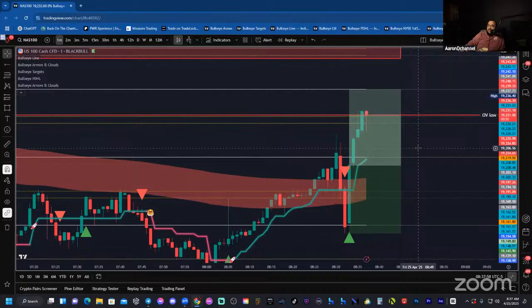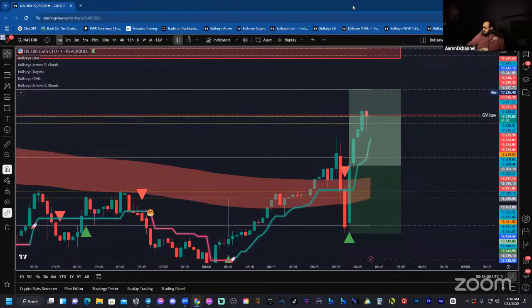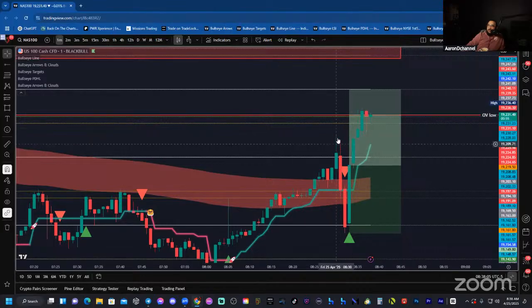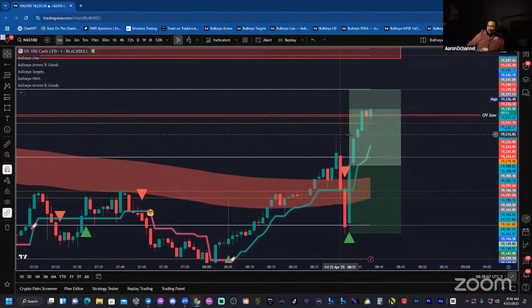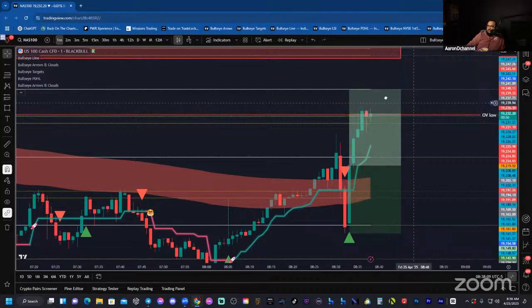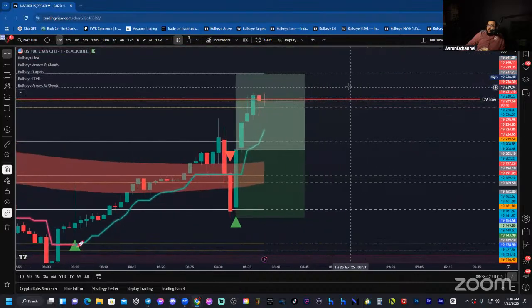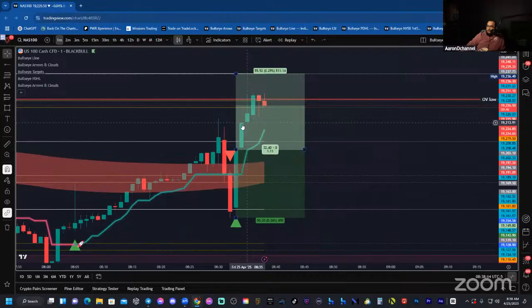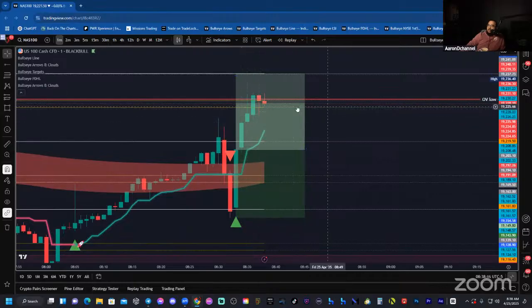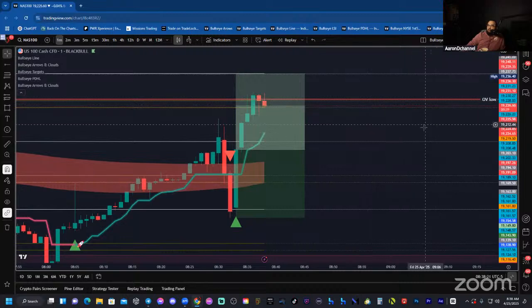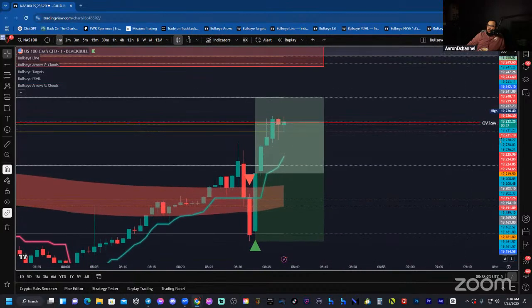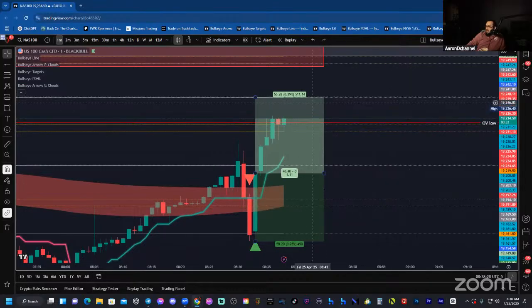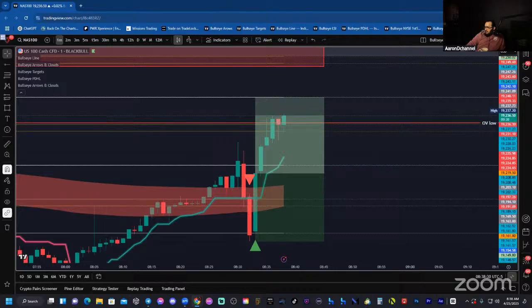And we closed above that hot zone, so we'll see what happens. If you're taking that 5-minute breakout, congratulations, you're in profit. All right, see if this candle wants to give us a little wick to the bottom and then flip green. Let's see what happens. 40 seconds left. Still don't know what it wants to do. Kind of flip green. Let's see if we can break the highs and take us to this bank zone. That's where I'll more than likely want to protect this trade.